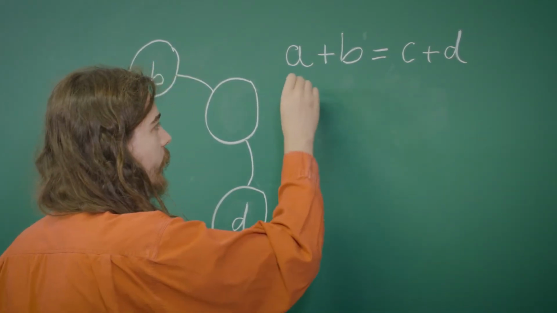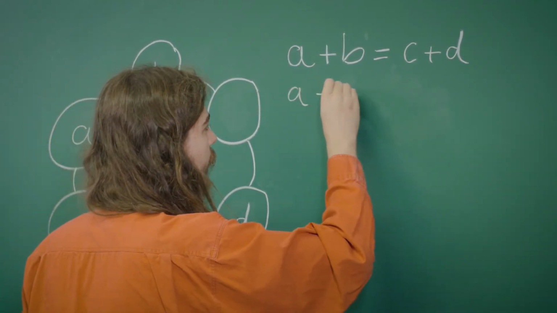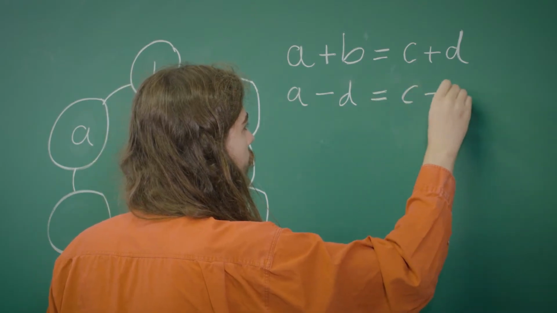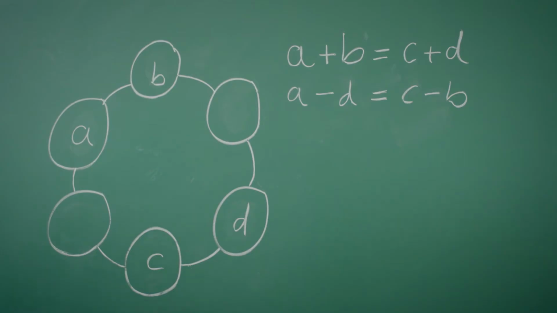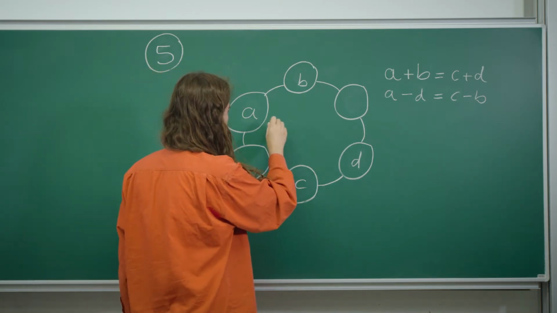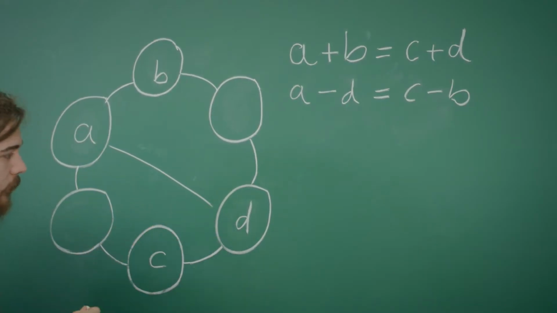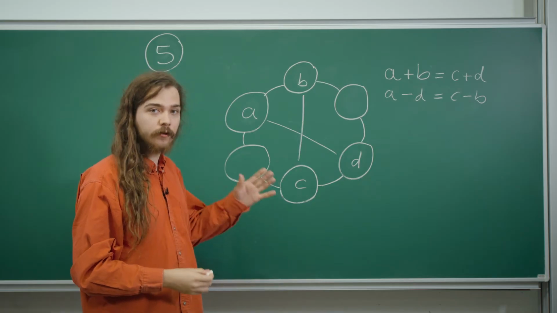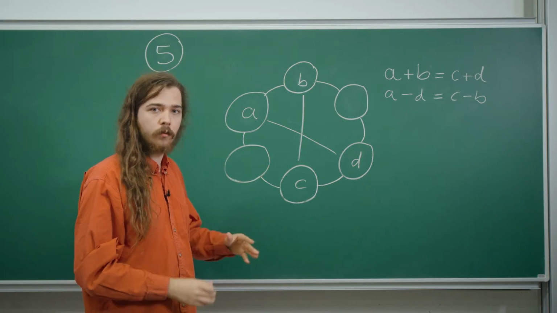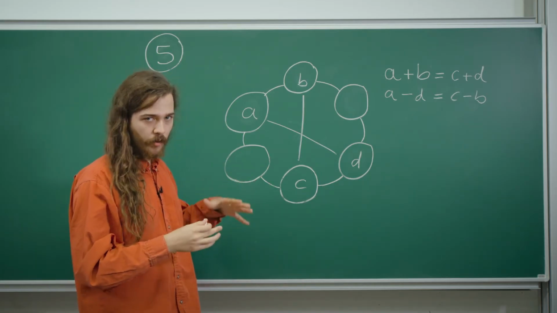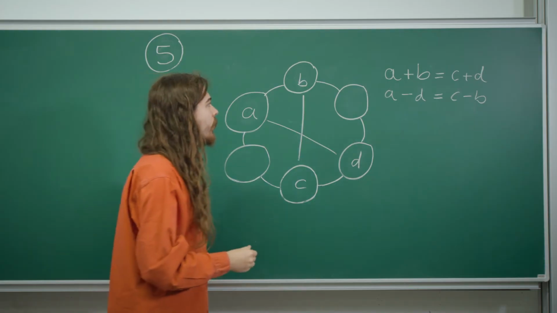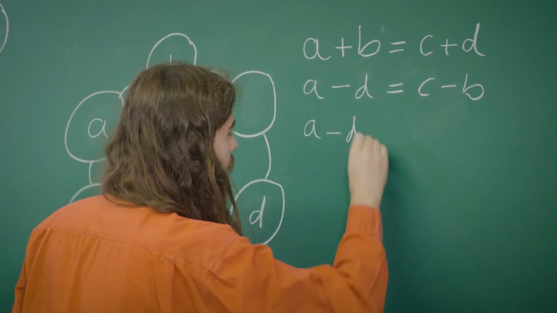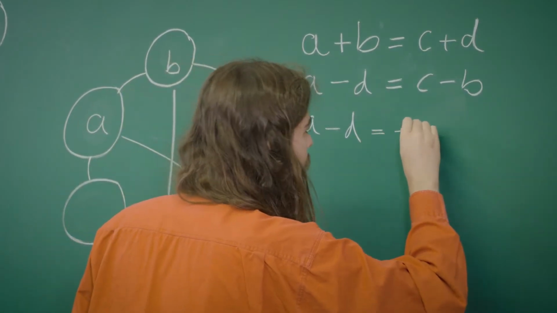So we can rearrange this equation to say A minus D equals C minus B. So that means that if we consider the difference of these two and the difference of these two, the absolute differences are going to be the same, which solves part B. But I'm going to make a slightly stronger statement, which is that actually A minus D equals minus